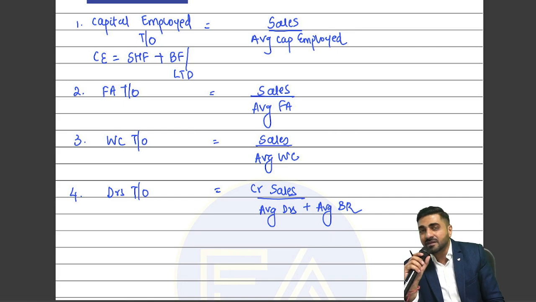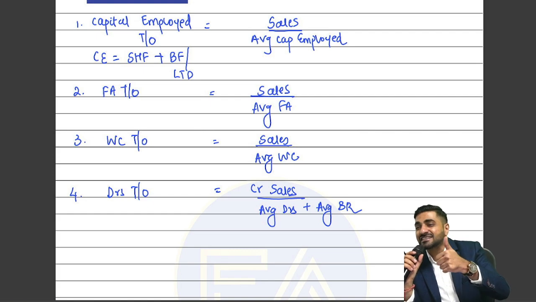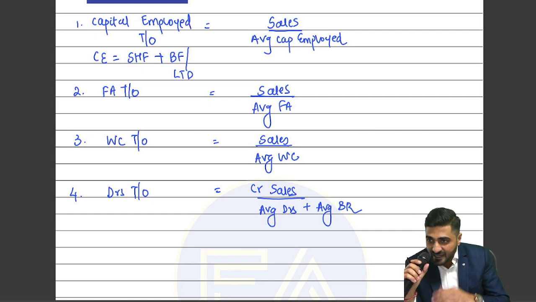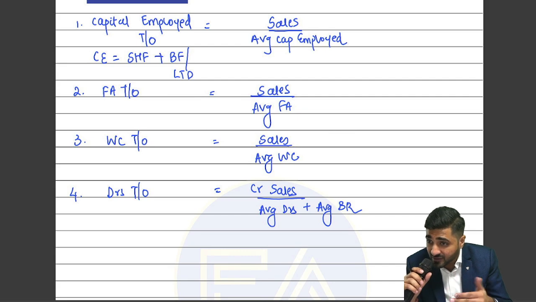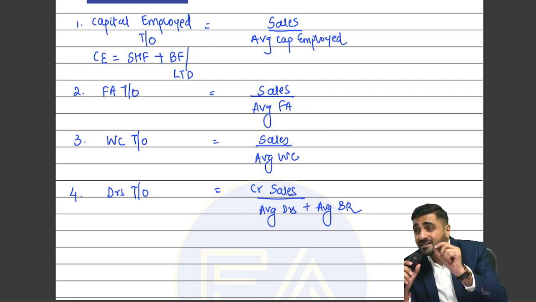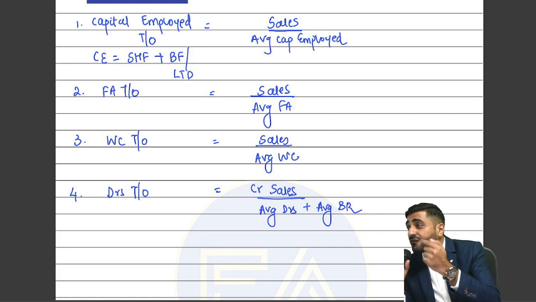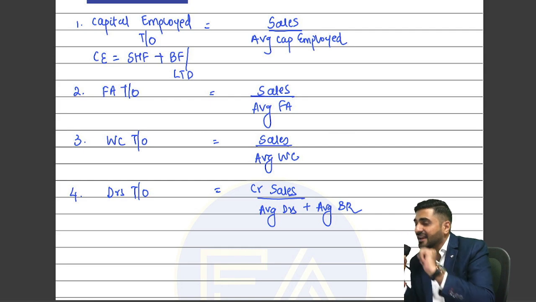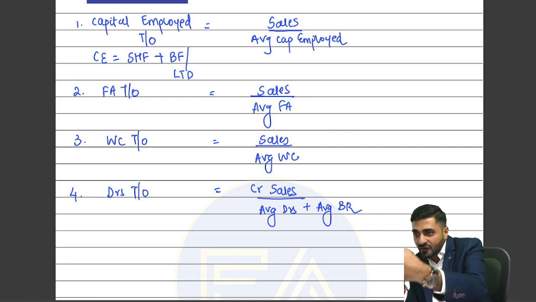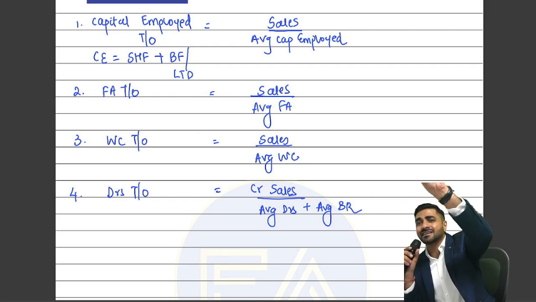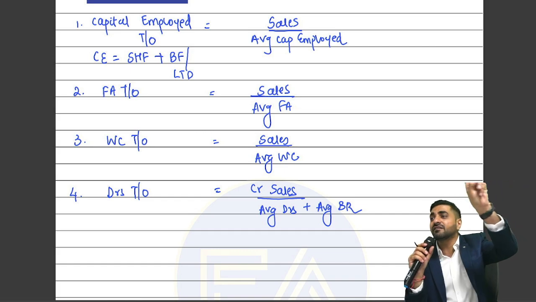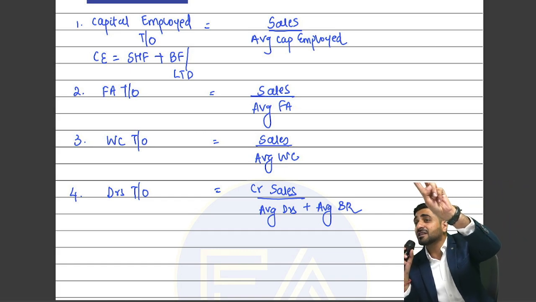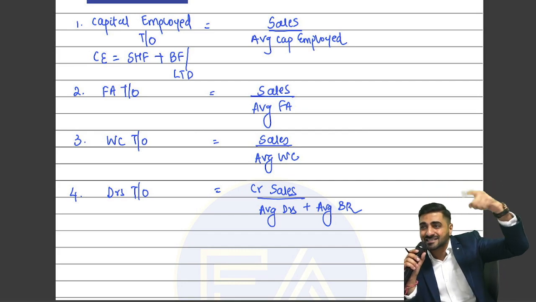Now, if I tell you something like this, that the debtors gets converted into cash for 6 times in a year, means debtors are giving the payment for how many times in a year? 6 times. What is the debt collection period you have offered? What is your debtors collection you have offered? Can I say 2 months? Are yaar, if I give you 2 months credit, what's your name? If I give Divya 2 months credit period, then Divya will be giving me the payment how many times in a year, beta? 6 times in a year.